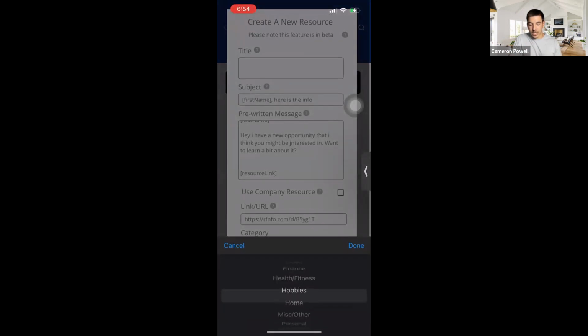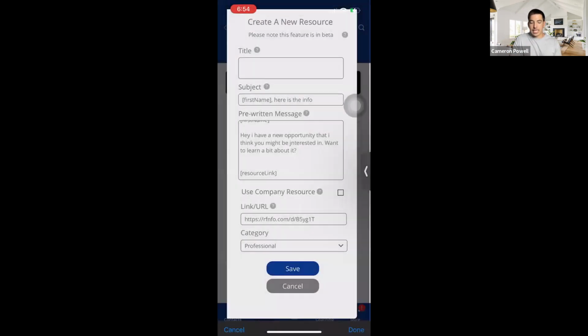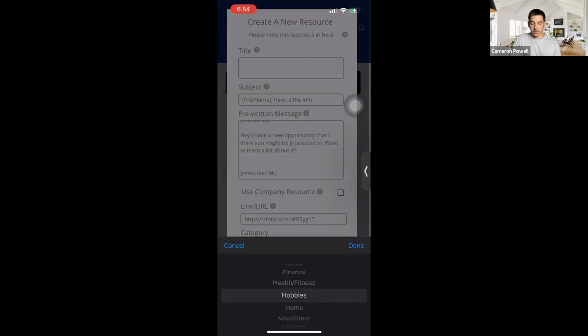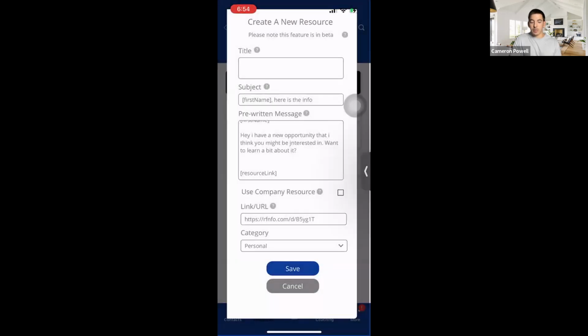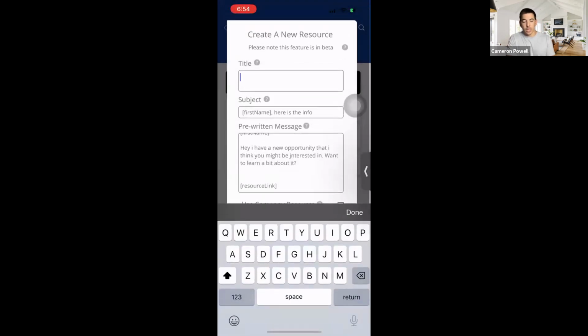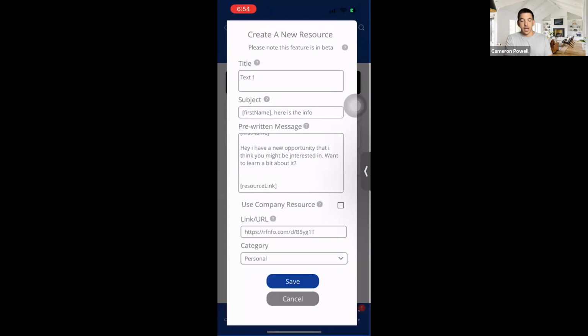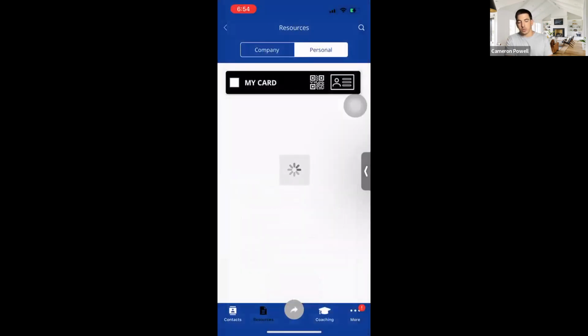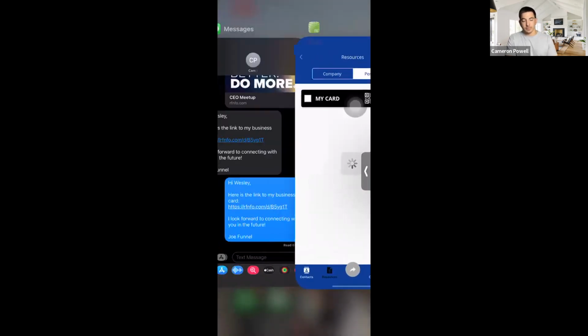Once again, the reasoning for this is that I'm going to put it in a different category, so we can see that, for the aspect of a pre-written message, like Darlene's been typing something out over and over. Well, now we're going to give an example of how we can save time and put it as a resource. So once again, we'll let this load up for us.